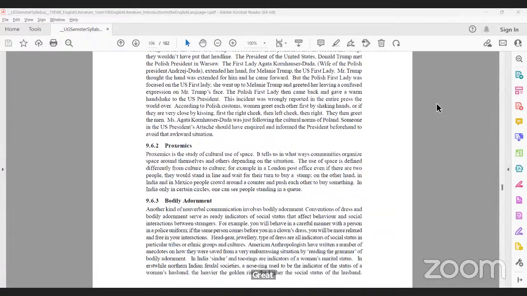Body adornment is also another thing. Body adornment means body language, also the conventions of wearing clothes based on different rituals, situations, times, festivals and all these things. That also shows a kind of difference, especially if you look at the dress habits of each of the states in India. You will find that dhoti and Punjabi is common for Bengali people. A turban is also common for Punjabi people from Punjab, right?